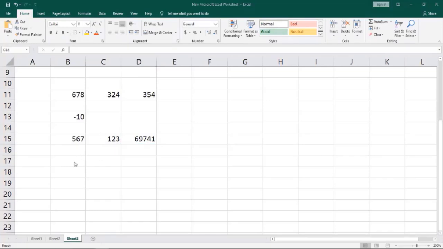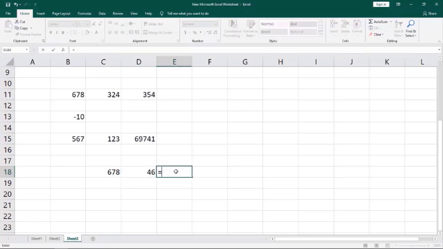69,741. Now we'll see the division operator. The same way, first we'll take some numbers like 678 and another number is 46. Let's find the division of both the numbers using the division operator.